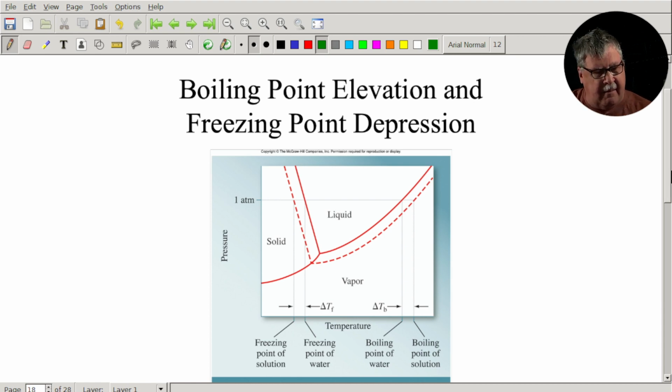Okay, we know the phase diagram of water is strange because that liquid-solid phase transition has a negative slope. Okay, and you see the phase diagram of water with the solid trace.